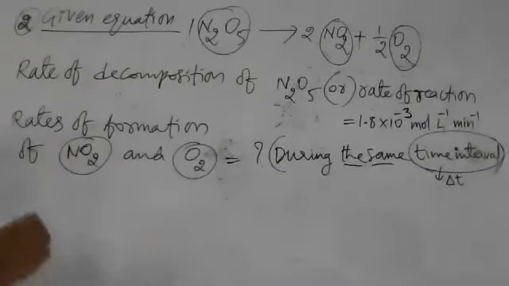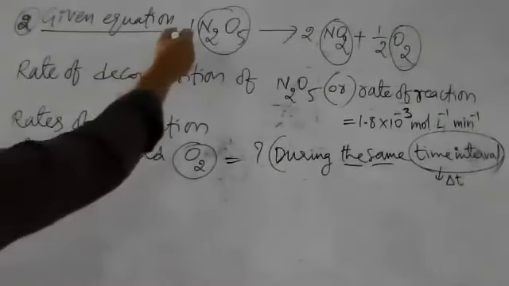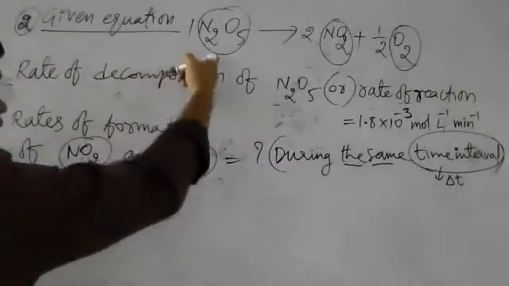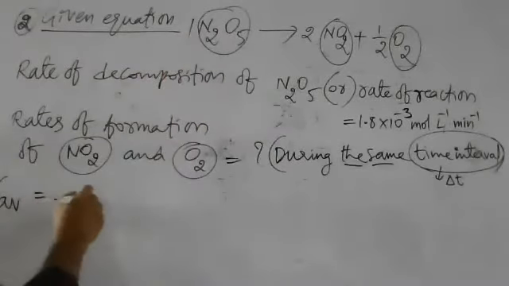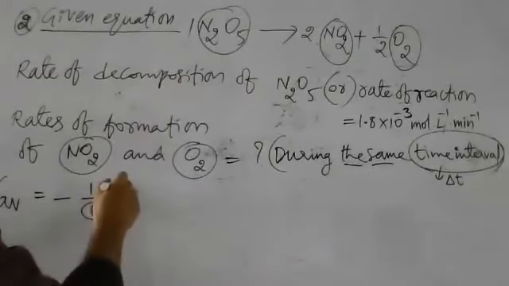What is the average rate of reaction for this? The average rate of reaction is equal to, how many moles of N2O5? 1 mole. For a reactant we write minus, 1 by 1. Here 1 mole is there in N2O5, 1 by 1, change in concentration of N2O5 by change in time period. That equals, for the product we write plus, 1 by how many moles here? 1 by 2, delta NO2 concentration.